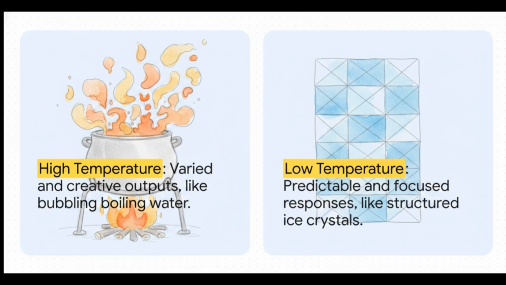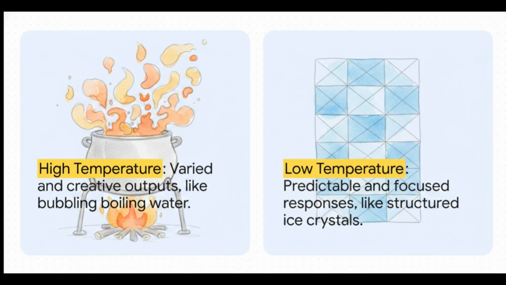Let's talk about the AI's temperature setting. I want you to think about this like literal heat. When you turn up the temperature, the AI becomes highly varied, random, and creative. Picture a pot of bubbling, unpredictable, boiling water. But if you turn that temperature down, the responses become highly predictable, super focused, and consistent. Very much like the rigid, organized structure of ice crystals. Knowing exactly when to crank up the heat for a creative brainstorming or freeze things down for strict coding tasks